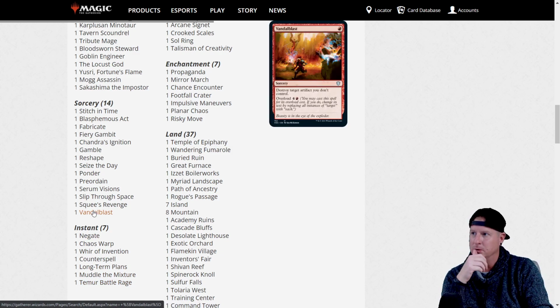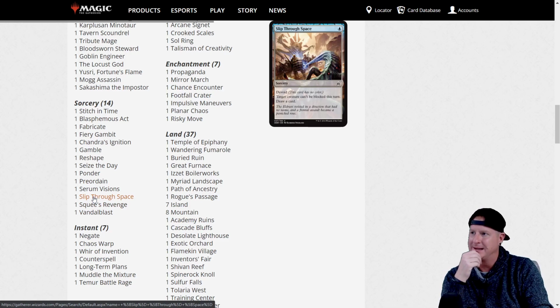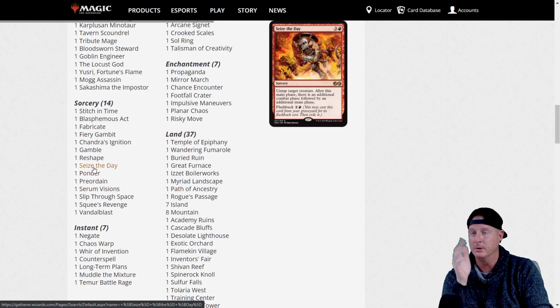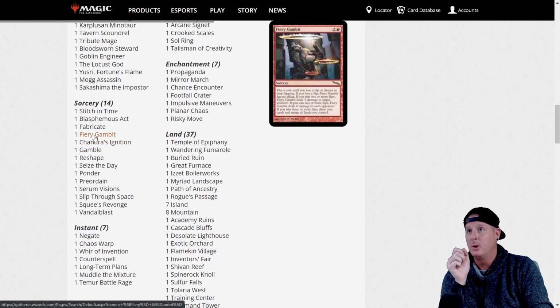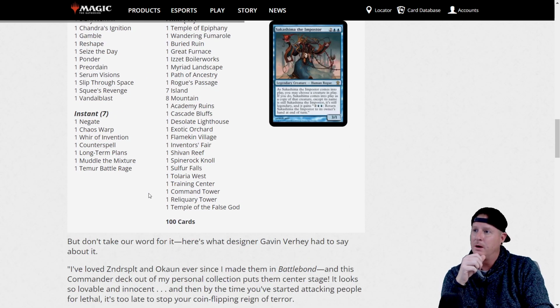Battle Rage. Holy crap. And then here's some extra sorceries for you guys. Slip Through Space. Really, you could have done something better than Slip Through Space. Come on, man. No, Searing Vision is pretty cool. Preordain, pretty cool. Ponder, pretty cool. Seize the Day, pretty legit. Yeah, they did that. I like it. Gamble, oh man. They put some fire up in here, no pun intended. They really did. There's Fabricate. Okay, so overall,